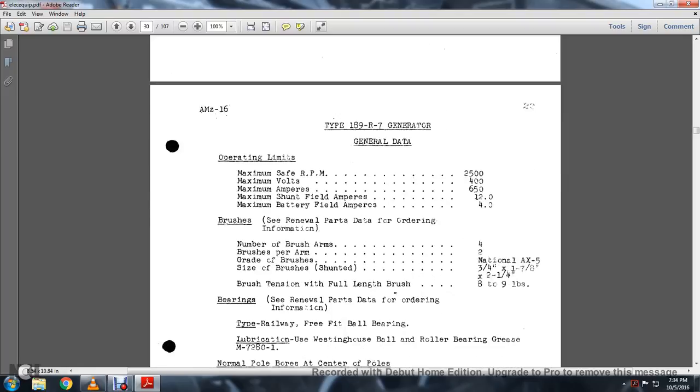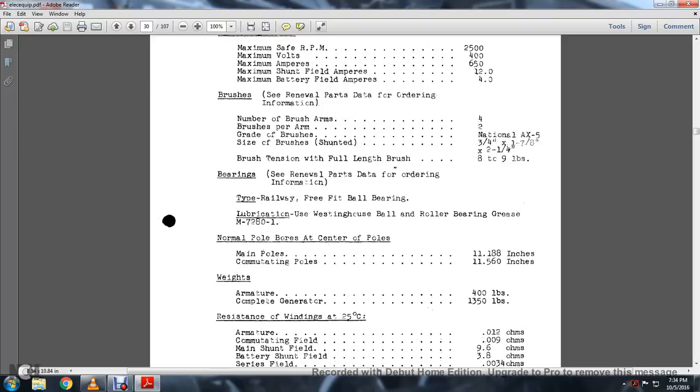Your Type 189R7 generator general data: maximum safe RPM 2500, volts 400, maximum amperes 650, shunt field amperes 12.0, maximum battery field amperes 4. Brushes: number of brush arms 4, brushes per arm 2, grade of brushes national, brush tension full length brush 8 to 9 pounds. Bearing C, the removable parts for the order information type